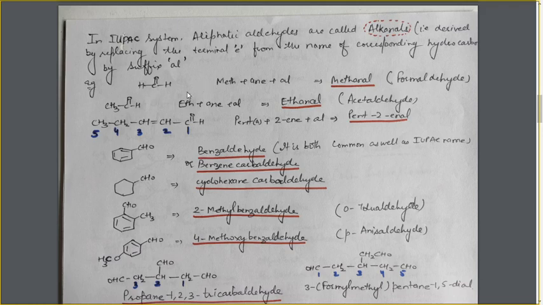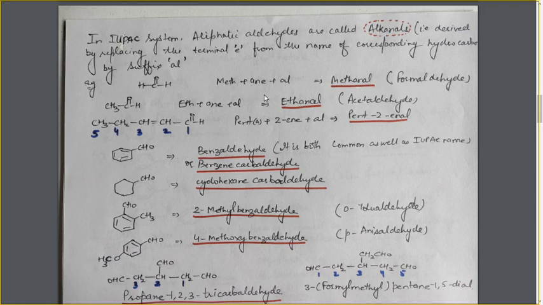Now, in case of this compound, there is only 1 carbon atom, so the root word will be meth. As the carbon chain is saturated because there is only 1 carbon atom, so there is no question of unsaturation. So we will place 1 degree suffix as ane, and for the aldehyde functional group, we will place al as 2 degree suffix. On combining these 3 parts, the name becomes methanal. The common name of this aldehyde is formaldehyde.